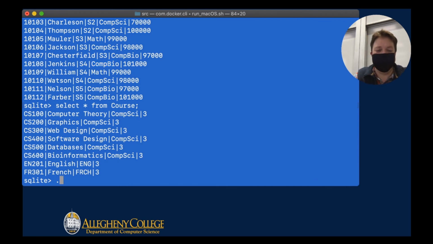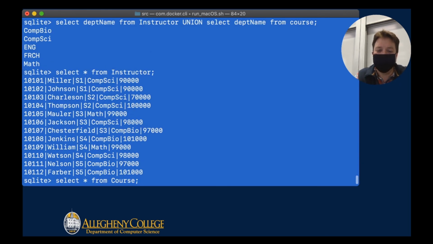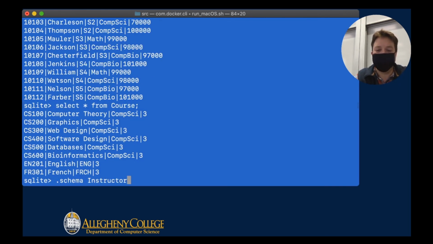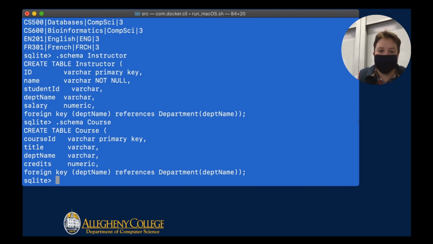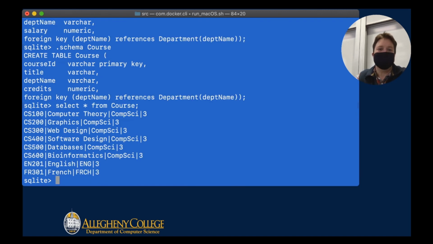In fact, you can see the schema here for the instructor table. You can see that I'm looking at the department name right here, varchar. Then in my course, let's look at the course schema for a second here. I have the department name here too, which is the third one along. And so if I look at my course, it's this information right here. So I have, for instance, comp sci,